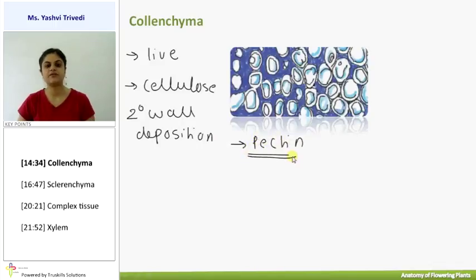So the primary wall will be made up of cellulose, and there will be a secondary wall deposited by a constituent called pectin. As a result, the secondary walls or the angular areas will be highly thickened because of the secondary wall deposition. Collenchyma is mainly involved in the function of flexibility